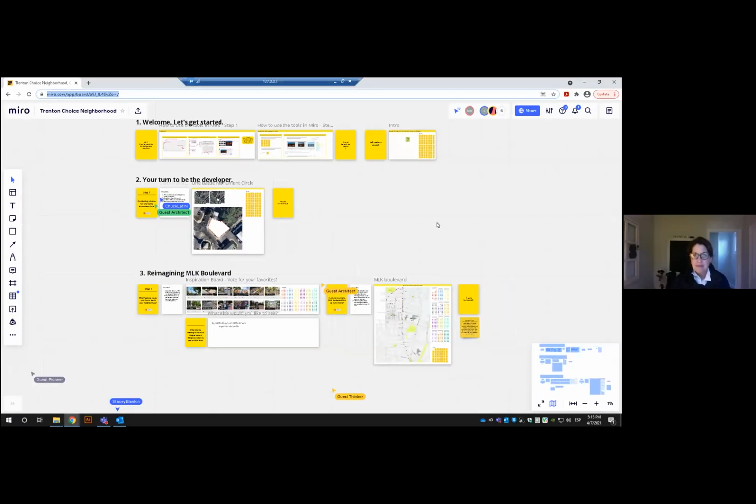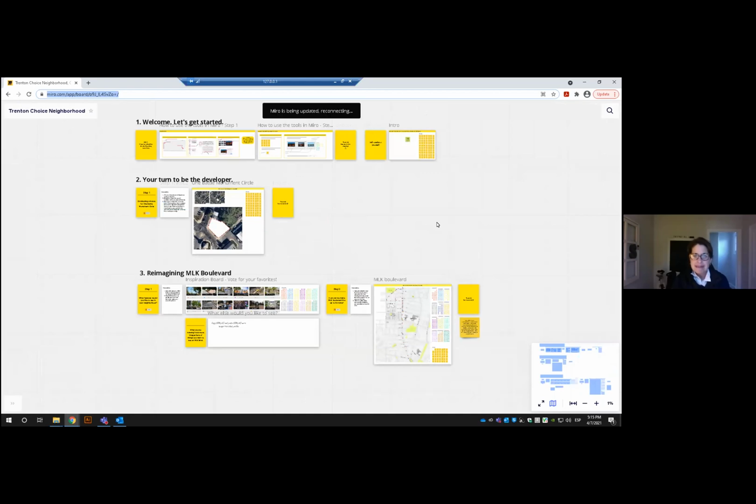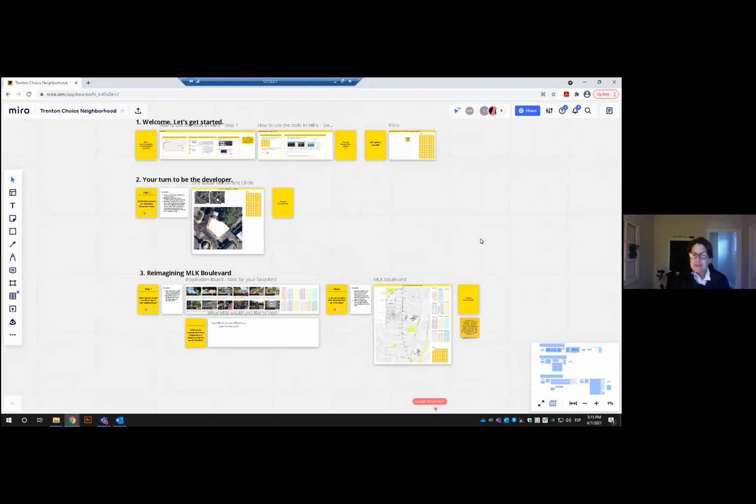And Michael, I would just simply add that for those of you who may have joined a little late, we did share earlier in the presentation a link to this, which is similar to a tool that we've used previously, which was Jamboard. Some of you might be familiar with it, but this is a different tool that we wanted to use tonight because we needed a couple of added features for these exercises. So for any of you who are daring enough, feel free to log in using the link that we shared.